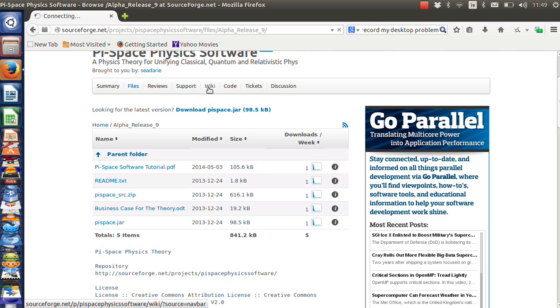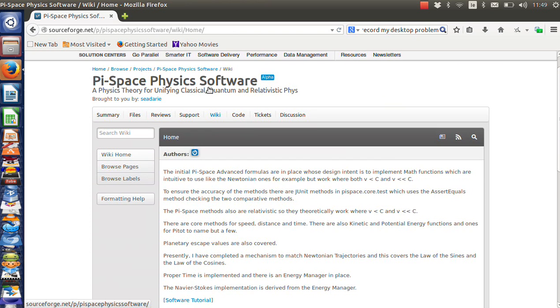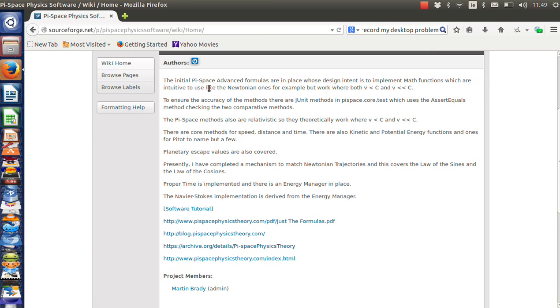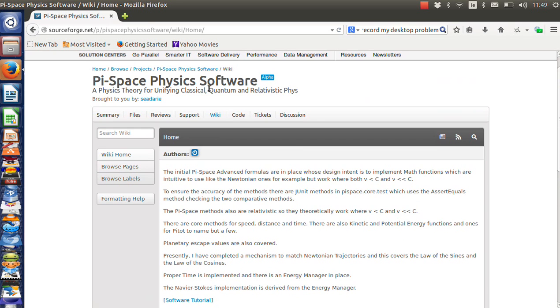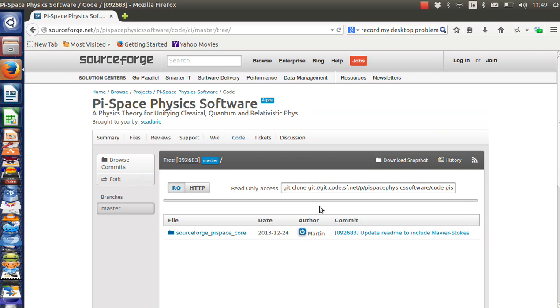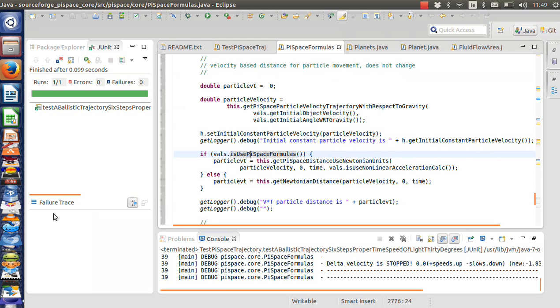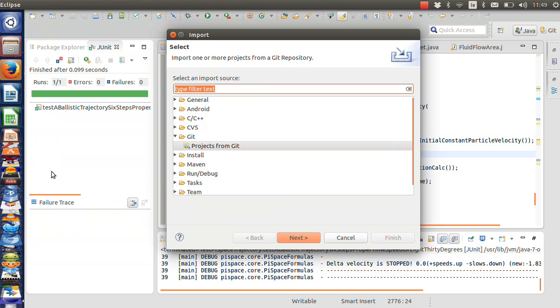There's also a wiki where I talk about the various things you can do with the theory, and there's also the code and how to get the code. So you might be inclined to just check out the code. The way to do that is you go in here and you just copy this here, and then just switch into Eclipse and do file, import, project from Git,